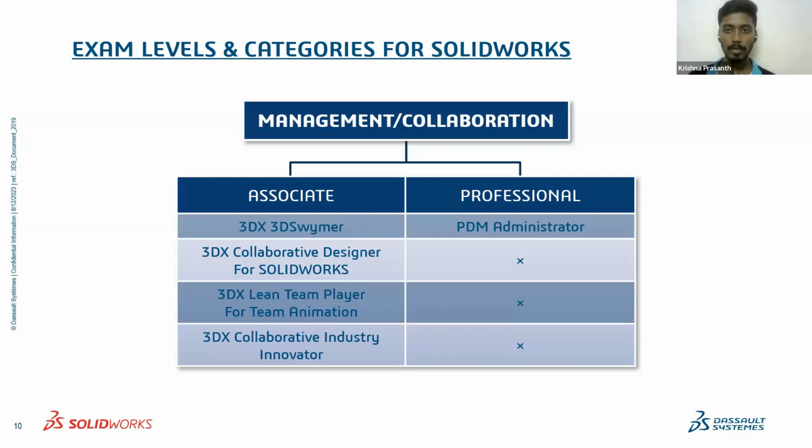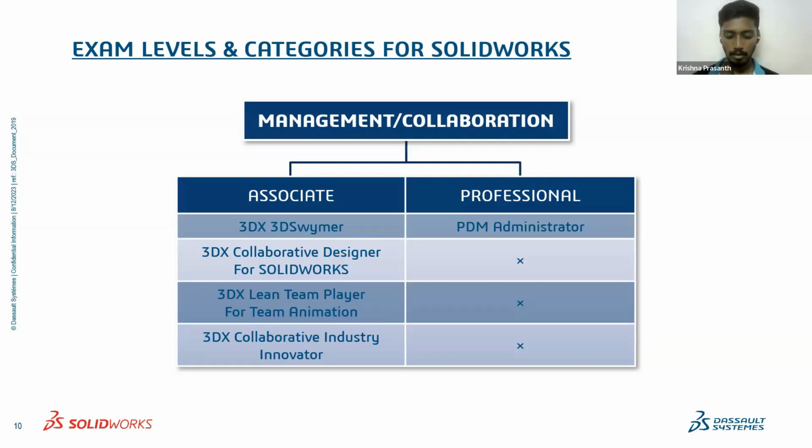So this includes the PLM and PDM, product lifecycle management and product data management. So product lifecycle management means the entire project in which you will be working from the beginning, like assigning the roles to the other designers and managers and other R&D process and everything. PLM includes the PDM, product data management. So PDM is the subset of PLM, where PDM means maintaining the data of the design.